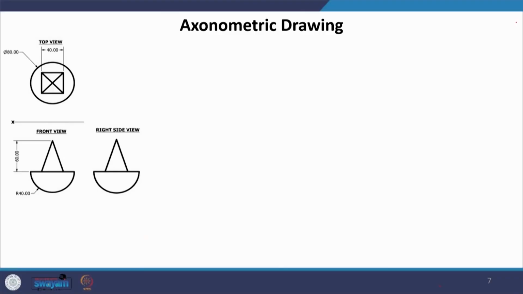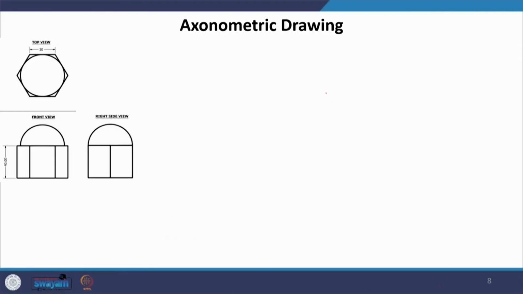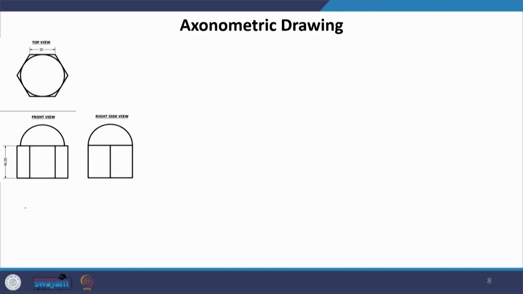I hope you have been following it. There are certain other examples which I want you to pursue, start drawing at home, and in case there is any problem, please come back. So, there is a hemisphere on which a square base pyramid is kept. So, try drawing this at home. There is another one which we have attempted in isometric view, where we have a hexagonal prism over which a hemisphere is kept. So, looking at the dimensions, whatever we have, try drawing this one at your home in your sheets